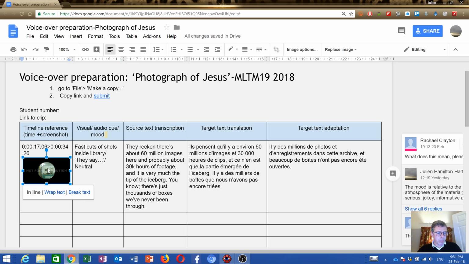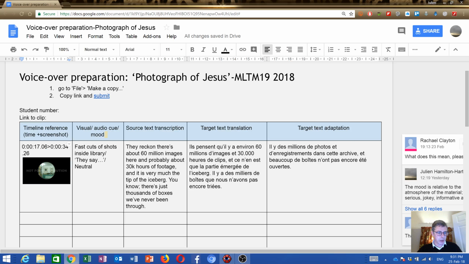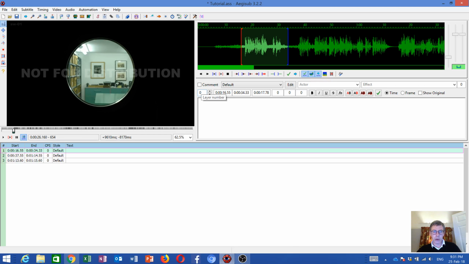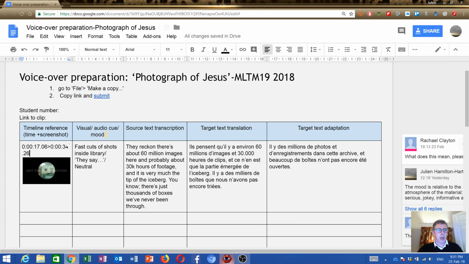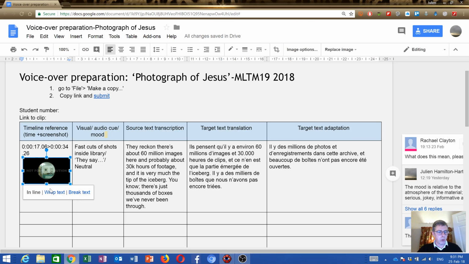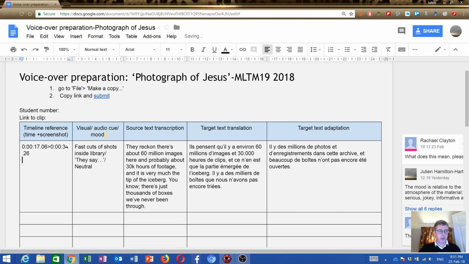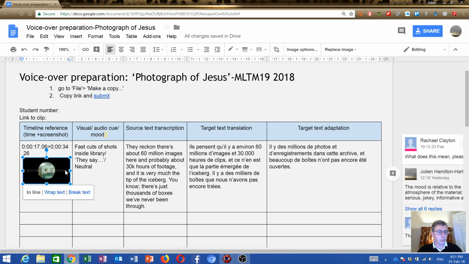And for these, you see these vignettes and the timeline, these are gained from Aegisub. So to get the vignette, you just go onto this pane here and copy the image to the clipboard, and then you will be pasting it into here. So press Ctrl V, and here you have your little vignette. You can size it as you want to,